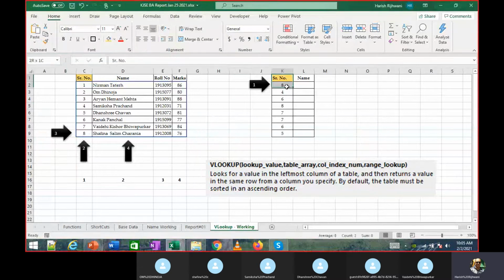So what I have, right? I have a list of serial numbers or roll numbers or whatever you call it. I want to look up the name based on that. It's like in your exam, in your results. What do you do if your marks are put on a board? Many times you will see, especially in your engineering colleges, the marks are just put up on the board in terms of how much you have got. So what you do, you search for your roll number and then go to the rightmost column.